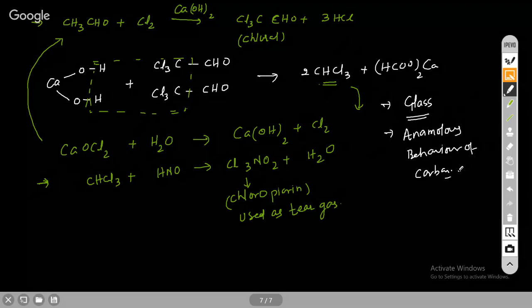One more thing I forgot to tell you. You have to go through allotropes of carbon also: diamond, graphite, buckyballs, fullerenes, all those. C60 is given in NCERT, so that much is enough. I'm not dictating the theory because it is given in NCERT. You can go through that. Allotropes of carbon are also important.